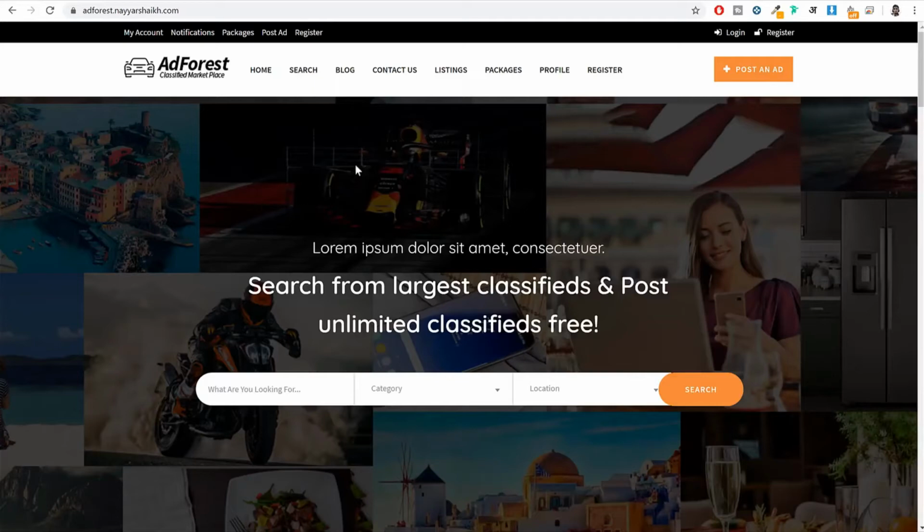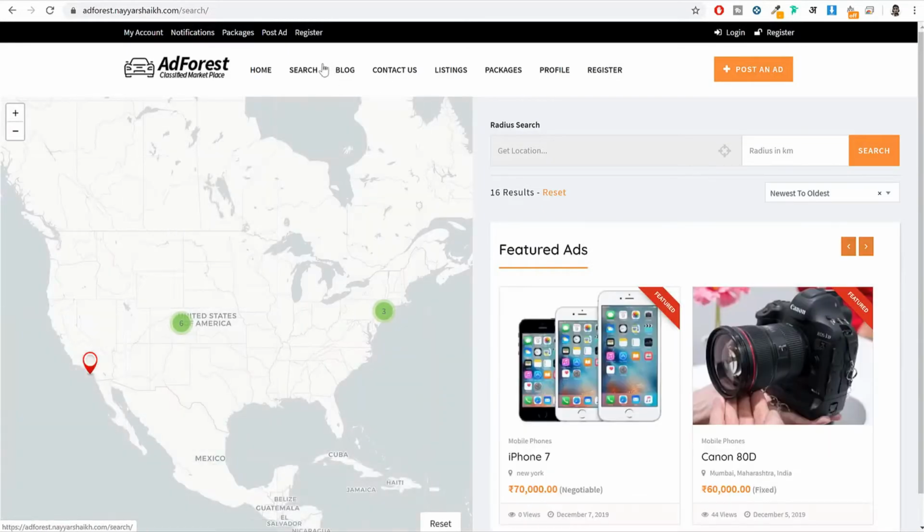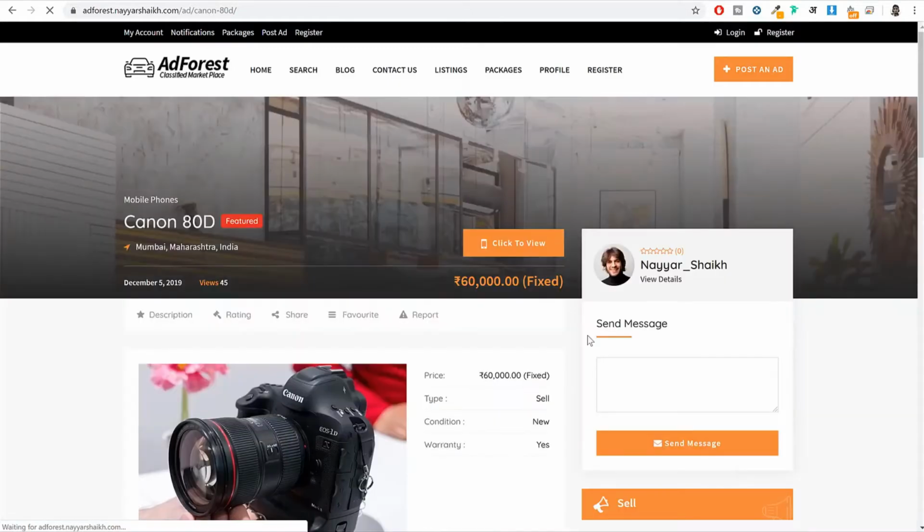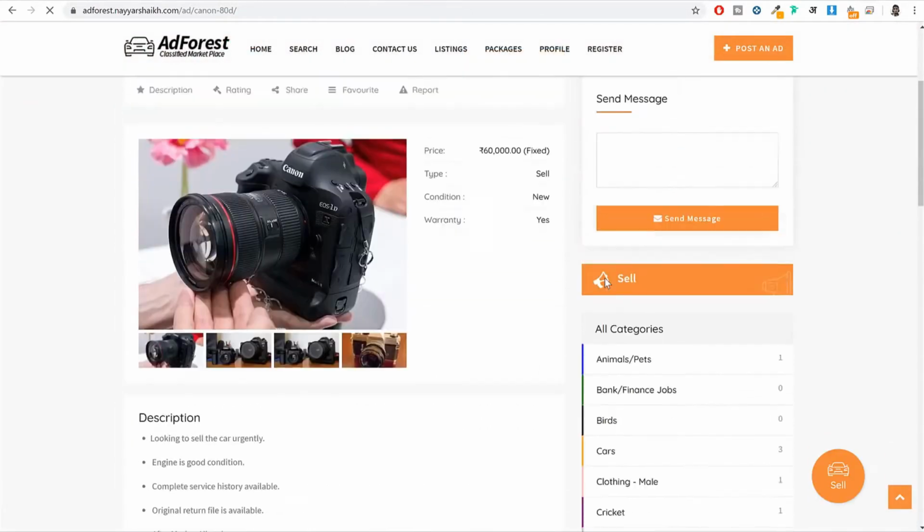That you see on your screen, this is the exact same website that we'll be creating in this video. Now first of all, let me show you one thing. We have the homepage over here, but I'll show you the homepage later on. First, let's click on search, and this is your search page. As you can see, this is how it looks. Now I am interested in the single listing page first. So if you click on this option, you will see this is how your single listing page looks.